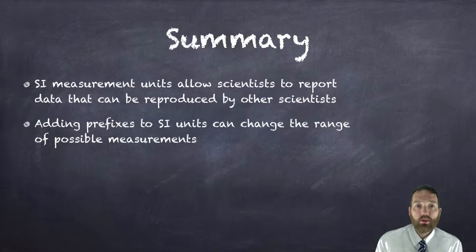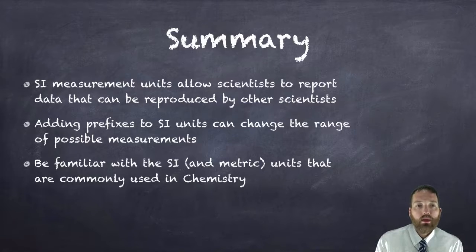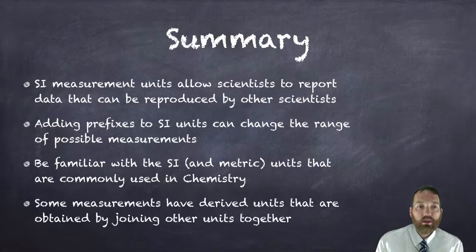or really, really small, like pico, trillion times smaller than your base unit. You need to be familiar with the SI and metric units that are commonly used in chemistry, and also be aware that sometimes the measurements have derived units that come from joining other units together. So sometimes in our mathematical calculations, you'll get what the unit's supposed to be if you do the units correctly in the math work. And more on that in the next